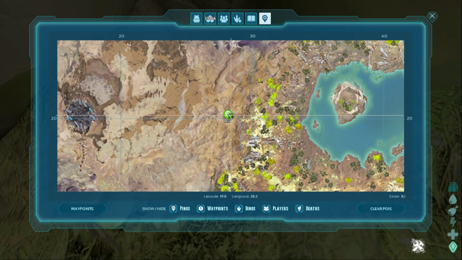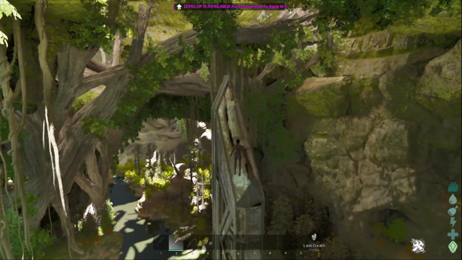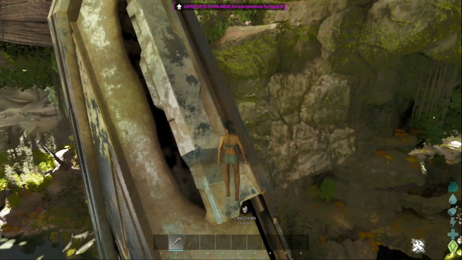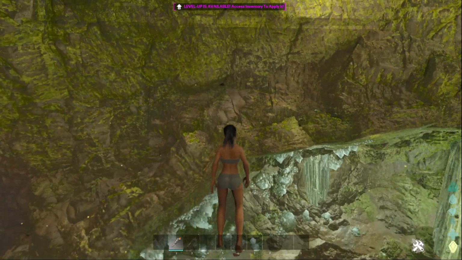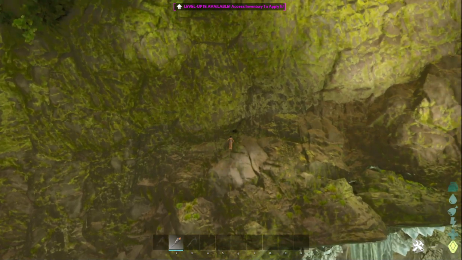So the next base spot is around 19.8 latitude and 28.3 longitude. To give you an idea of where that's at, I like to use this big metal pillar for a reference. The base spot itself, if you're looking for it, isn't that hard to find. As you can see, I'm here at the metal pillar around the top, and you can see clearly right in front of me, that's where the hole is. So if we just go up to that hole,